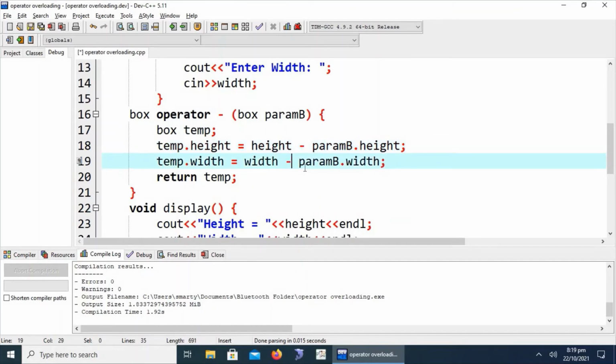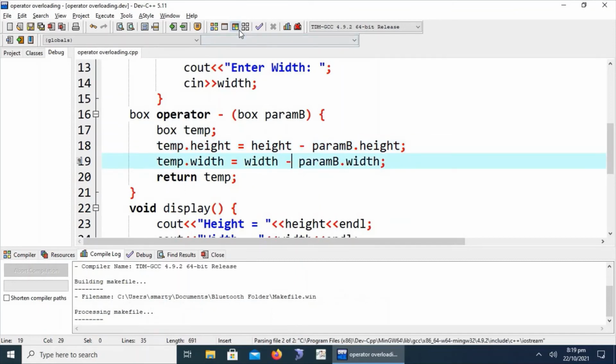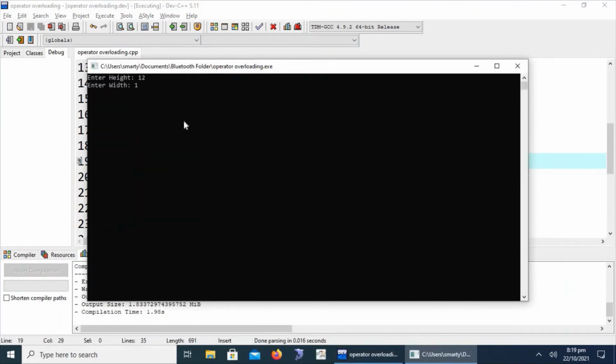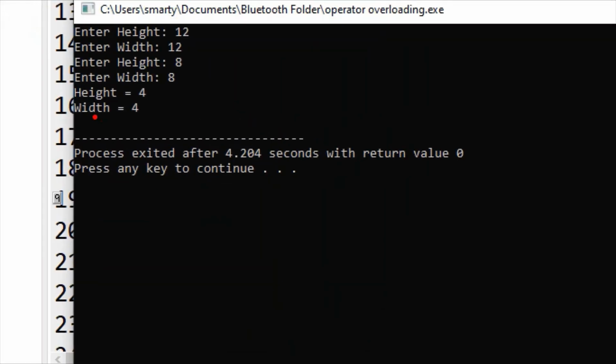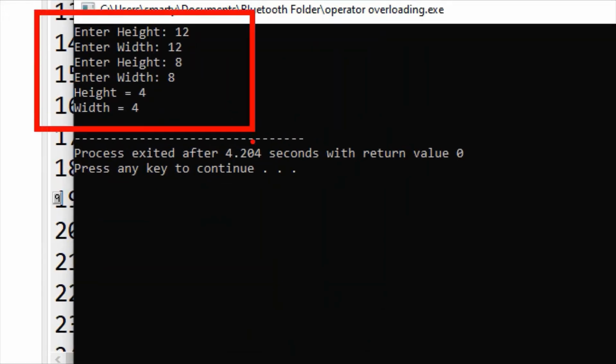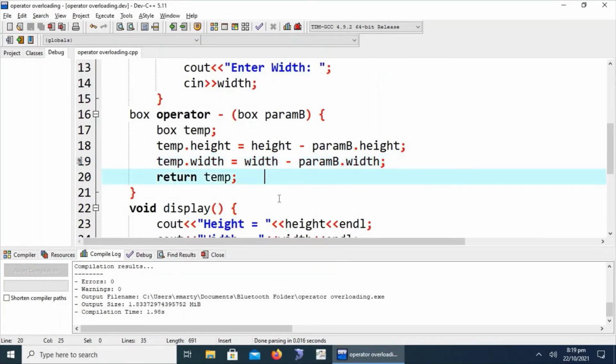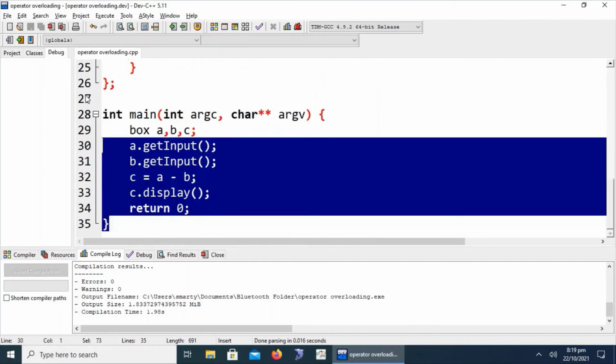We have to also change the definition of the code. Now again we are going to 12 and 8 and 8. The resultant box will contain the subtraction of these two boxes, that is alternatively 4 and 4. Height and width are equal, 12 and 8 minus, that will result in 4.